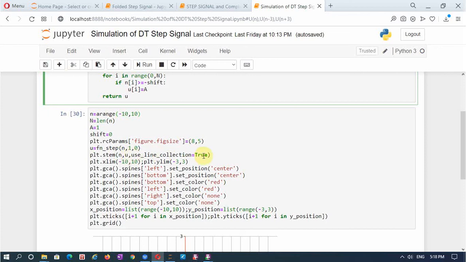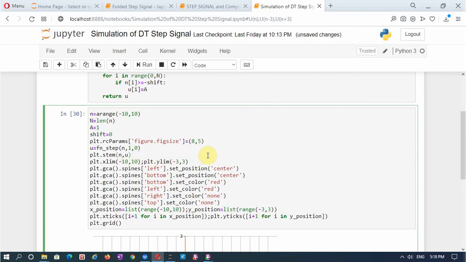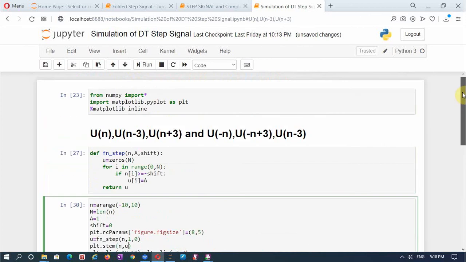And there is one extra thing here. If I don't use it, what happens I will tell you. First I will remove it. You will get a warning message. That is why I have used it. So without that I will run it and show it to you. And the remaining lines are already explained in the previous programs. So the difference here is organizing the x-axis array in integers given by this range, and then plotting it as a stem plot. These are the two main differences for discrete time signals.